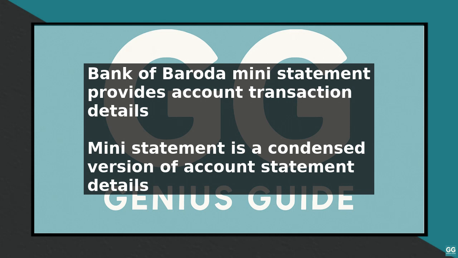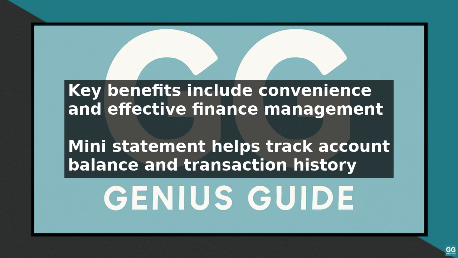Firstly, a mini statement is a condensed version of your account statement, providing details of the last few transactions. To access your mini statement, you can visit the nearest Bank of Baroda ATM, insert your card, and select the mini statement option. You can also access it through the bank's mobile banking app or by giving a missed call